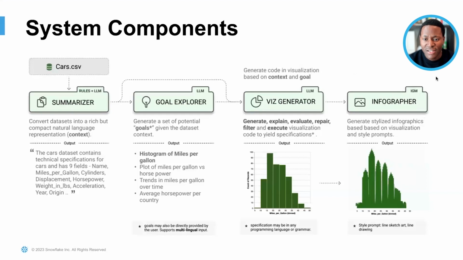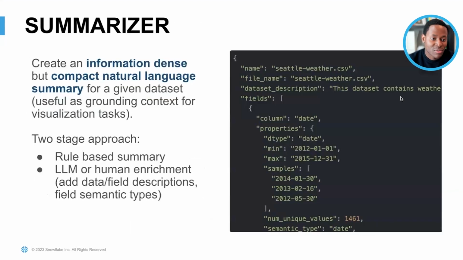And then finally, there's an optional infographic module that can take a generated visualization and then output an engaging or interesting visualization that retains the structural information in the chart, but might apply styles or other graphical properties to this chart. And so I'm going to walk through each of these modules